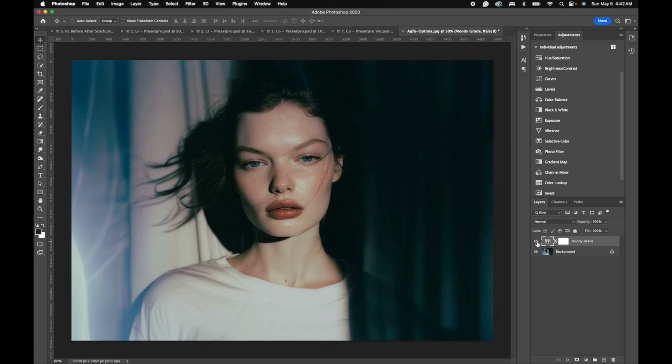Here's before and here's after. Before and after gives it a nice warm cinematic grade,